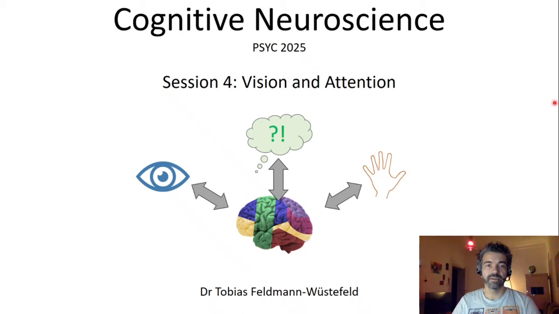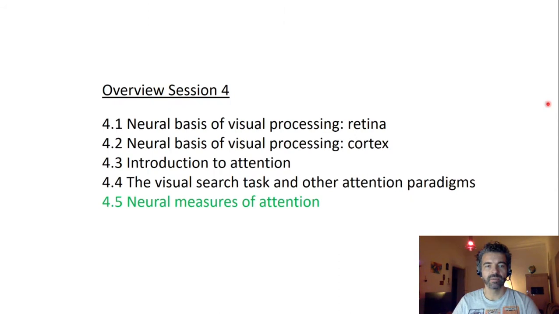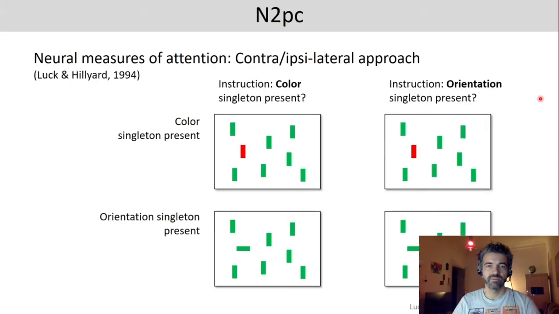This is the fifth and last part of today's session on vision and attention. Here we will look at neural measures of attention. A very important neural marker of attention deployment is the N2pc component that was first identified by Luck and Hillyard